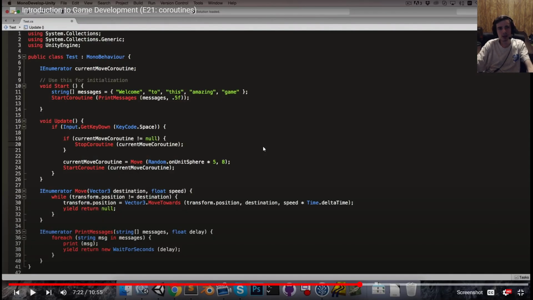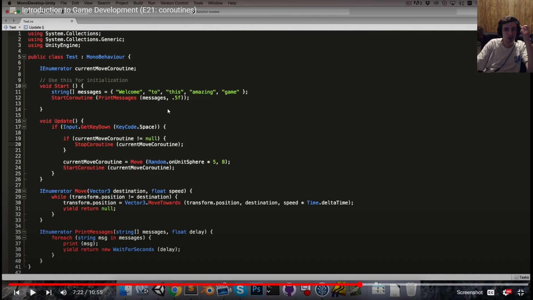Except here's the thing. My real question is, why do you need that, actually? Couldn't you just make a regular non-coroutine method that says,